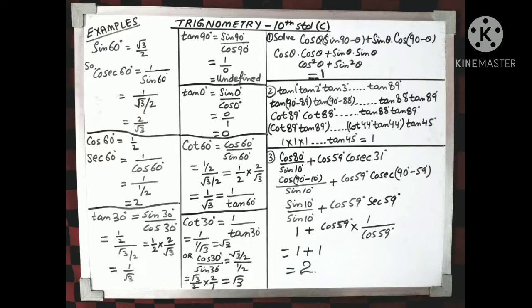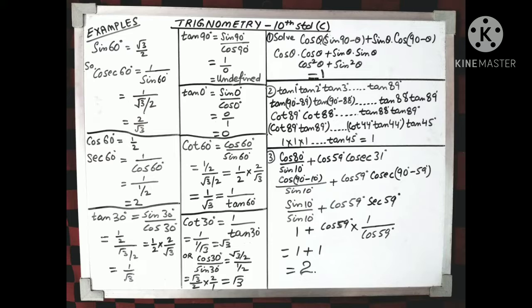Next we have cot 60. So cot theta is equal to cos theta by sine theta. So I will write cot 60 is equal to cos 60 by sine 60. Cos 60 is equal to half and sine 60 is equal to root 3 by 2. So I will write 1 by 2 into 2 by root 3, which will give us 1 by root 3, which is equal to 1 by tan 60, the reverse of cot 60, right? Got it? So cot 60 is equal to 1 by tan 60 and tan 60 is root 3. So I am getting cot 60 is equal to 1 by root 3. I hope it is clear.